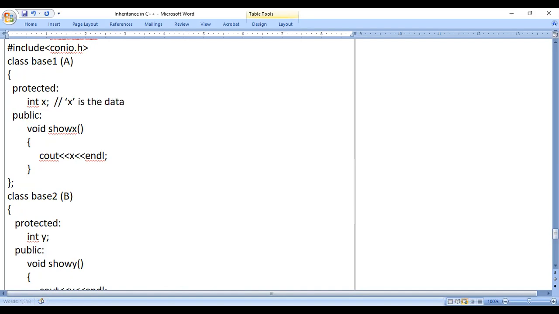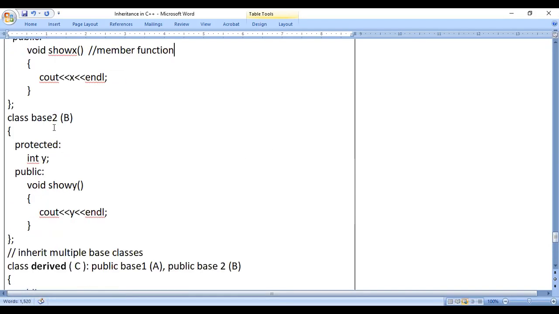x is the data, and coming to the show x, this is the member function, which is in the public access specifier, in the public section of the class. Then coming to class B, here also I can consider y as the data,